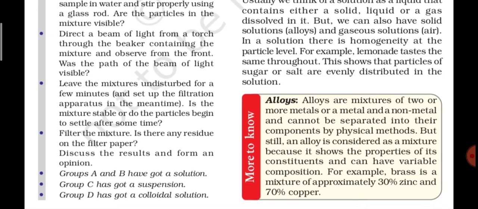So what is their observation? Their observation is that group A and group B have got a stable mixture. Why are we calling it a stable mixture? The reason is that in this mixture, the components which have formed the mixture are not getting separated. But in case of group C, chalk powder will start to separate, it will start to settle down at the base, and that is said to be an unstable mixture. And group D, again, they have got a stable mixture.